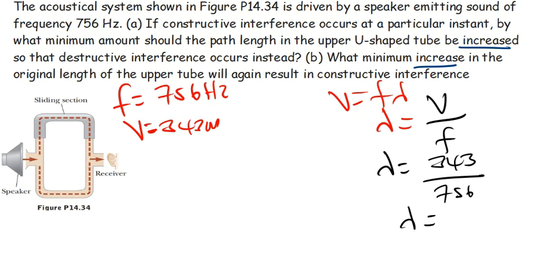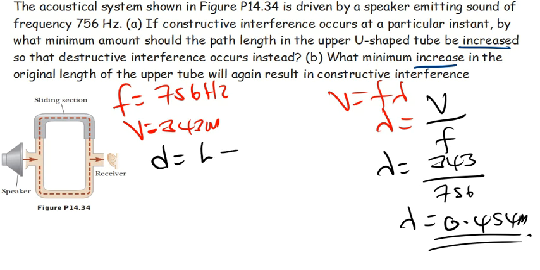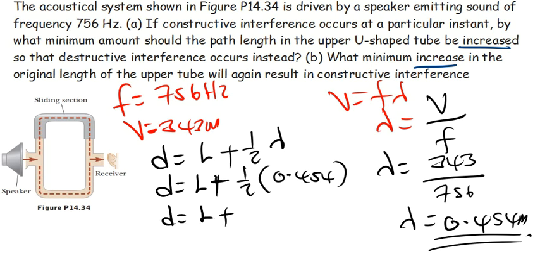So I'm going to get 0.454 meters. That is my lambda. Now, for a destructive interference to occur, in this case we have not been given any original length. In fact, we're not even interested in the original length. So we're starting with destructive interference to occur. The length must be increased by half a wavelength. Half of the wavelength 0.454 is 1 over 2 times 0.454,